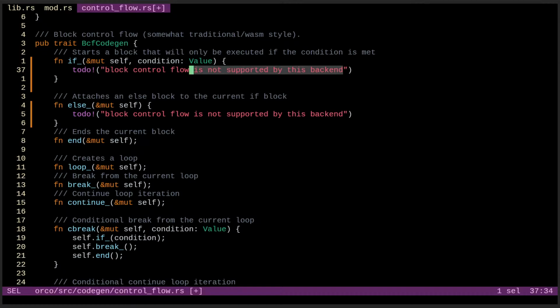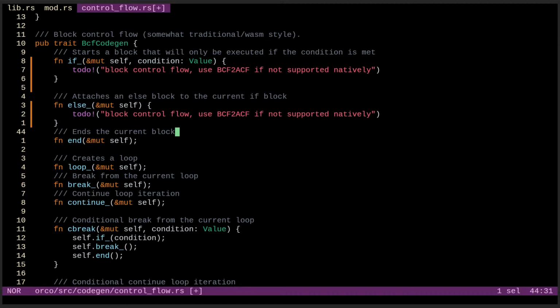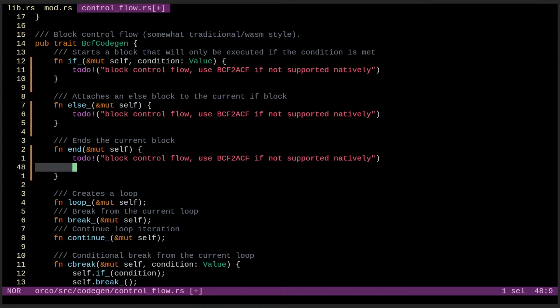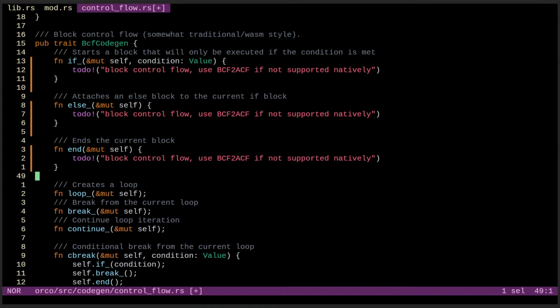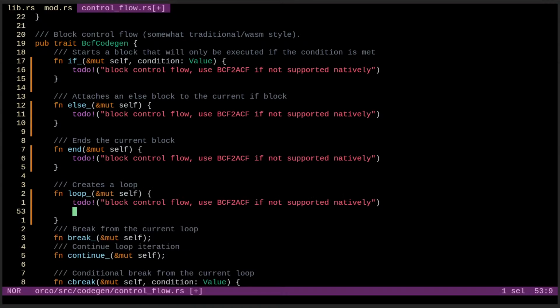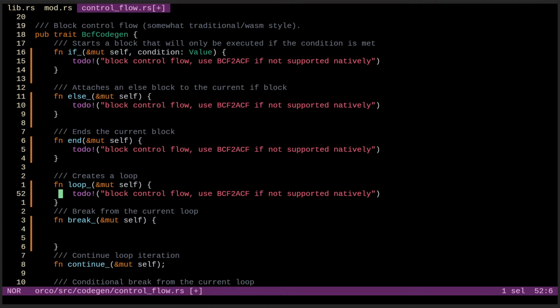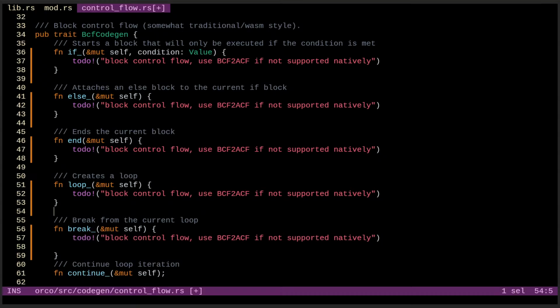Block control flow. Use BCF to ACF if not supported natively. I guess ideally we'd have unification of that stuff for IR. So this is not unimplemented, this is todo instead.